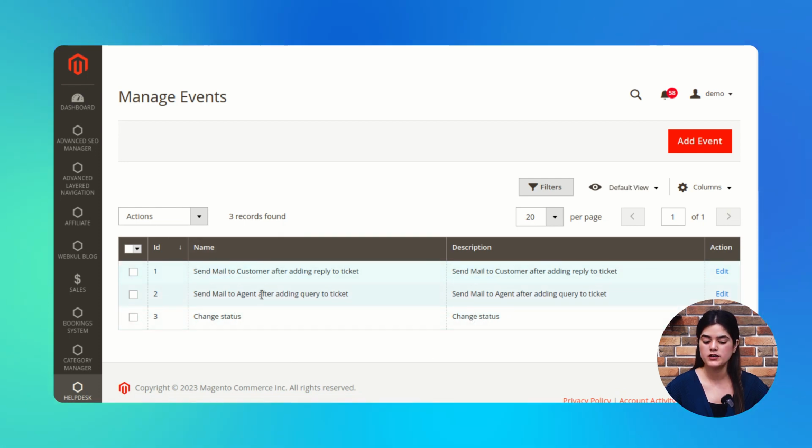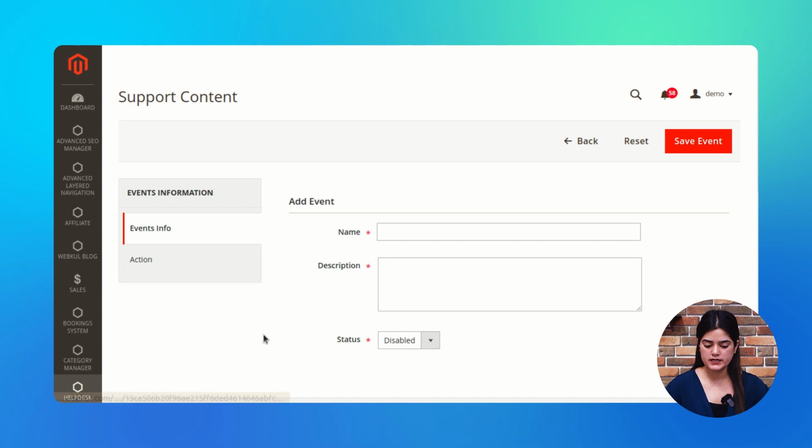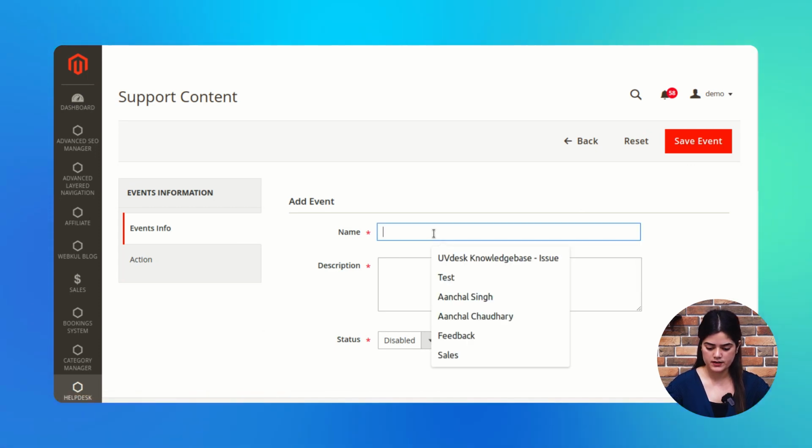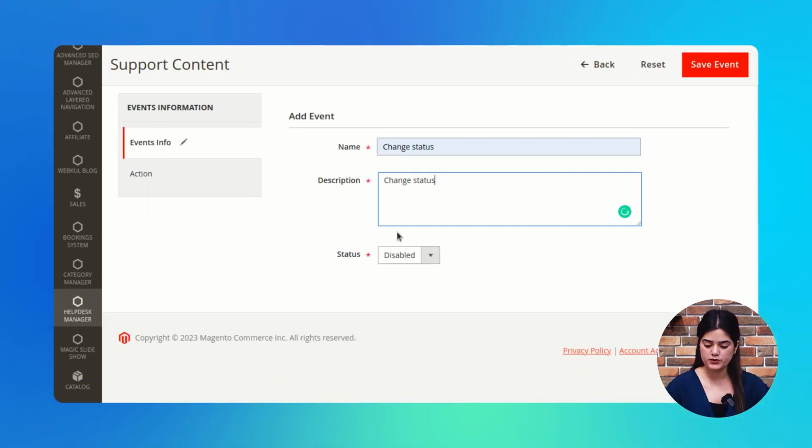And if you want to create a new event, then you just need to tap over the add event option, and accordingly you need to fill out the event information. Like here I am filling out the required information as I am creating a new event, that is change status, and marking this as enabled.